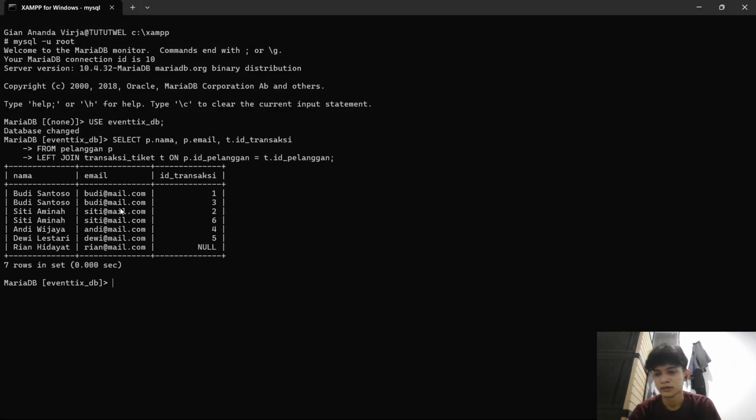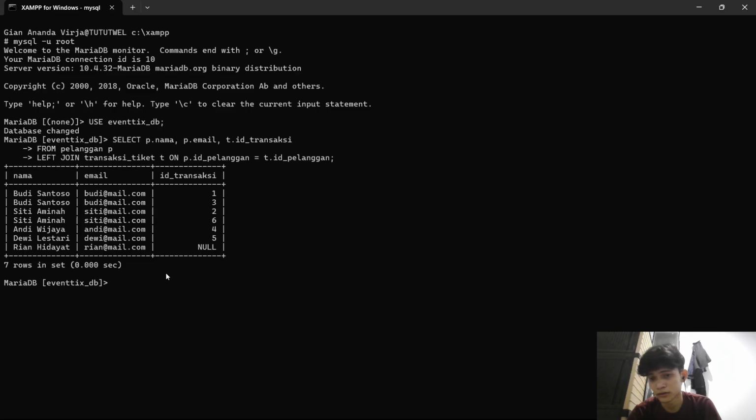Now you can see the ID transaction, and the transaction column will simply show as null if a customer hasn't made any purchase.